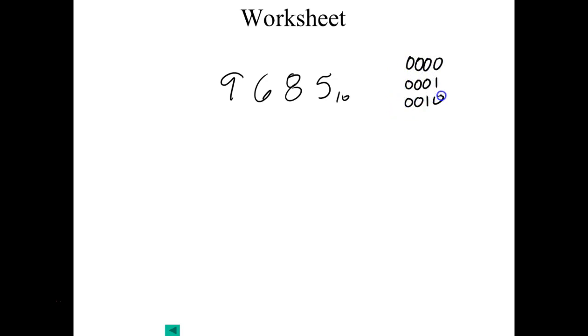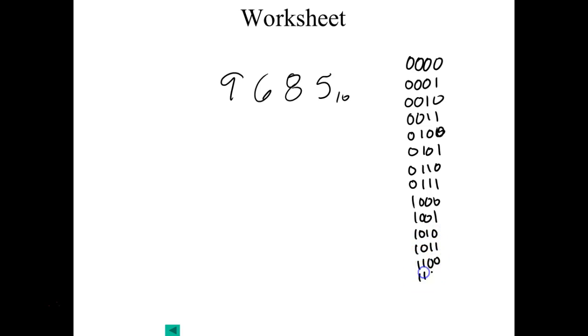You understand? 2, 3, 4, 5, that's a 0, guys. 6, 7, 8, 9, A, B, C, D, E, and F. Well, what we do in BCD, it is not a number system, it is a code,